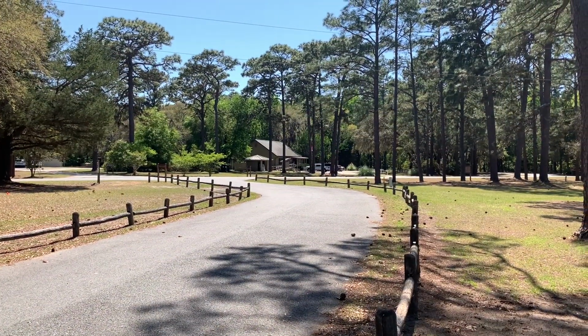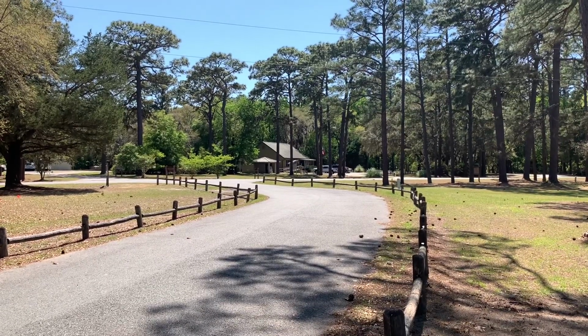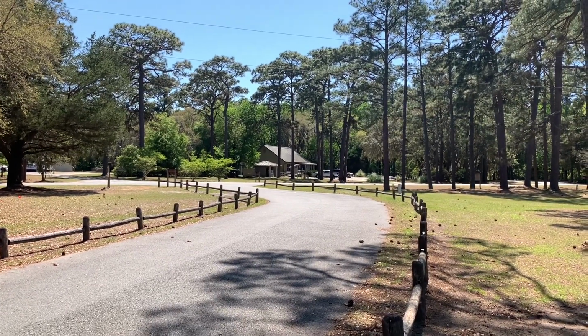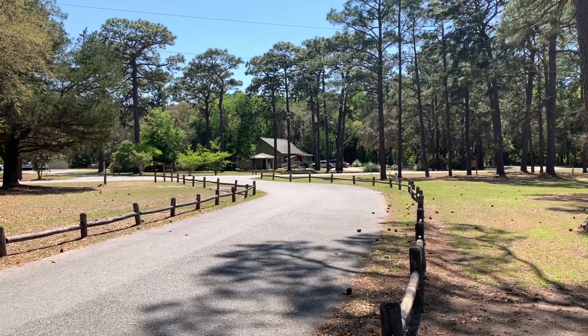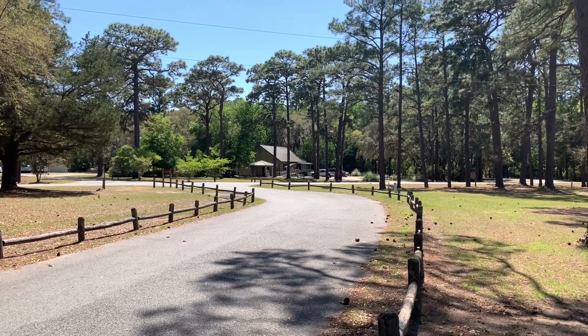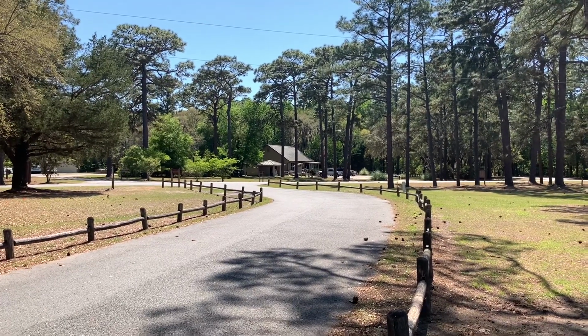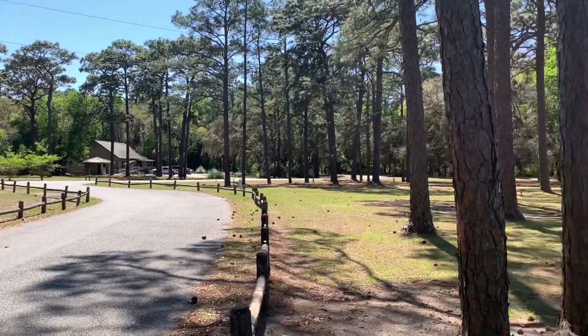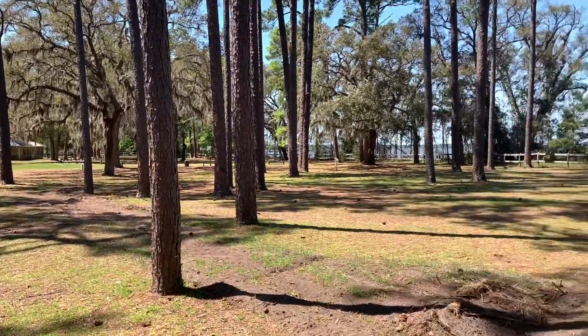So this is a real scenic park. Dead ahead there is the welcome station, and you can walk in there. If you're just coming in for the day, you can pay the day use fee. They charged us $5 for Melody and I. And then there's picnic areas strewn all through here, and